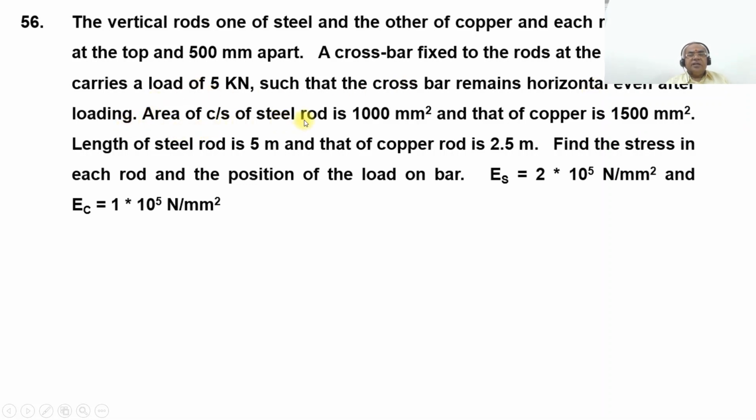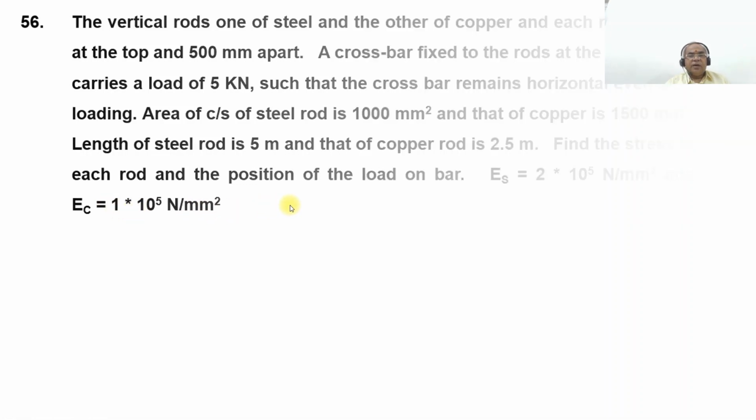Area of cross-section of the steel rod is 1000 mm square and that of copper is 1500 mm square. Length of the steel rod is 5 meters and that of the copper rod is 2.5 meters. Find the stress in each rod and the position of the load on the bar. Take Young's modulus of steel, ES, equal to 2 into 10 to the power of 5 Newton per mm square, and Young's modulus of copper, EC, equal to 1 into 10 to the power of 5